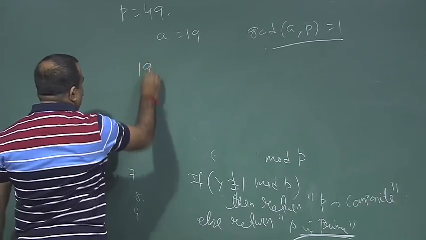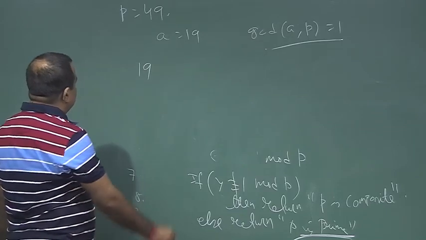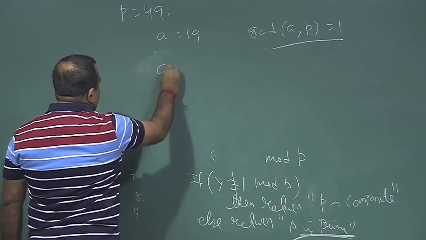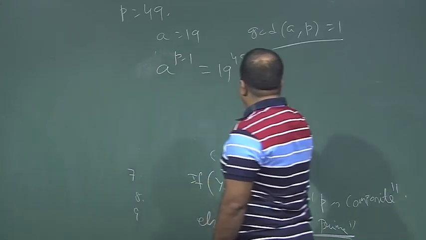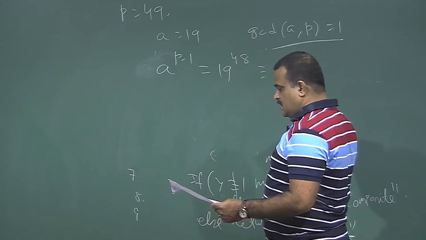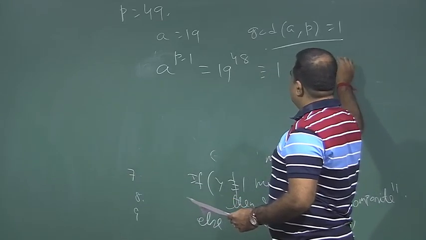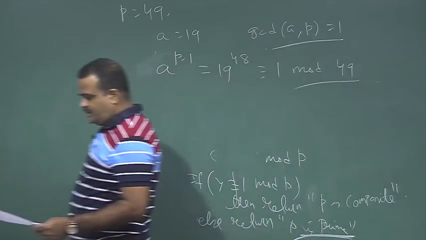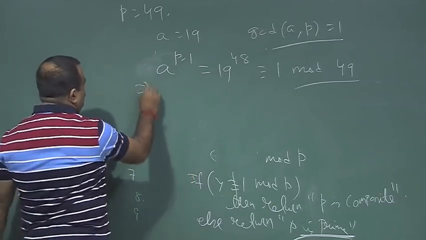Now if we compute 19 to the power p minus 1, that is 19 to the power 48, this will happen to be congruent to 1 mod p, 1 mod 49. We can verify this. This we can calculate and we can verify this. So, if we just use the Fermat's primality test, it is telling us 49 is a prime,